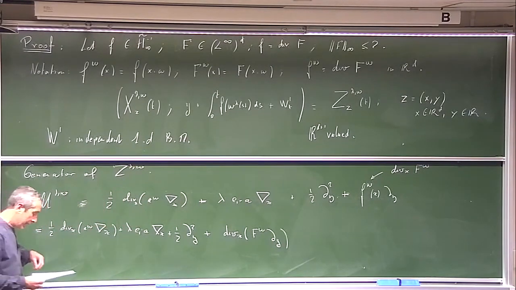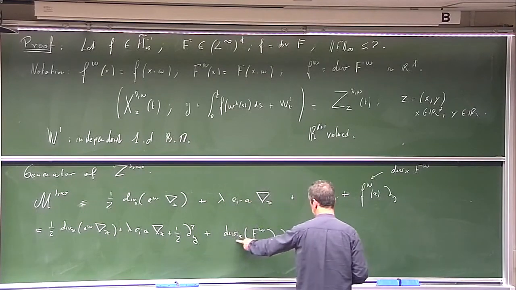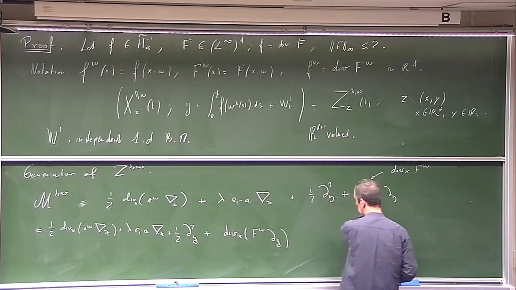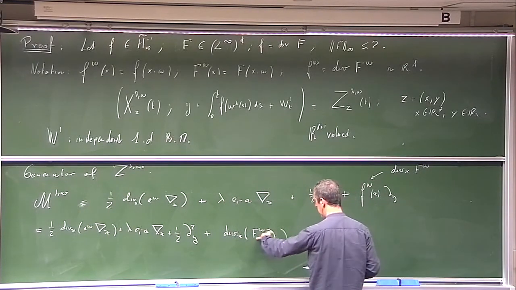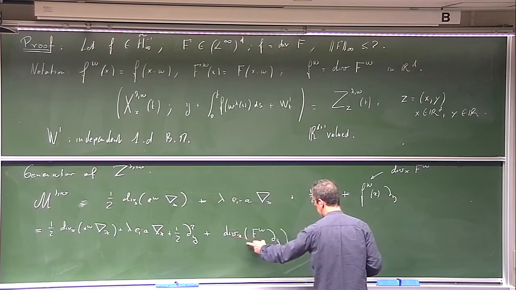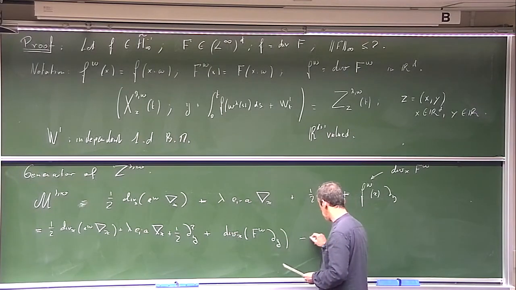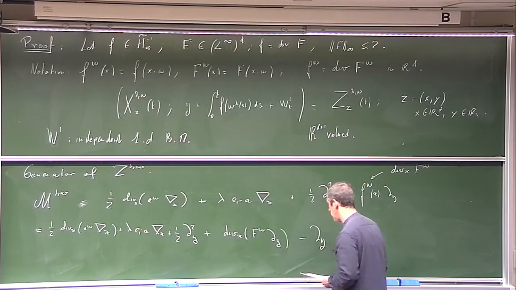But if you do that, you make a mistake. So you will have the divergence of F times the derivative. This is what we want. But then we will have F times the divergence and the derivative in y. So I have to subtract something, which is the derivative in y